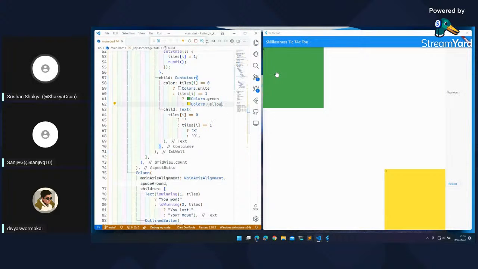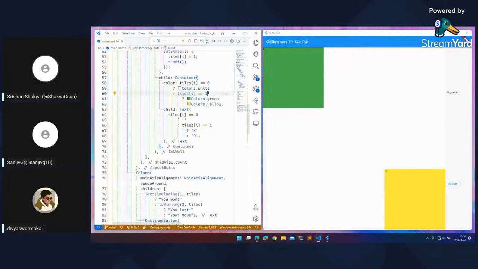So this just makes it so that the tiles which aren't clicked are white. The tiles we click, that is the one, is green, and the tiles clicked by the CPU is yellow.